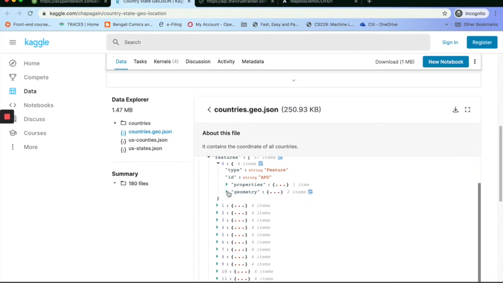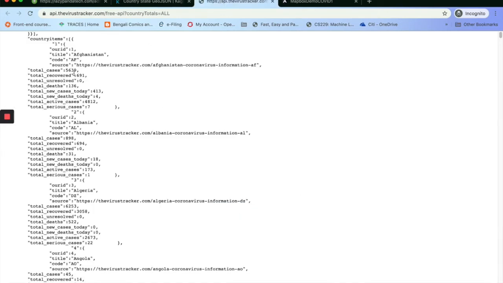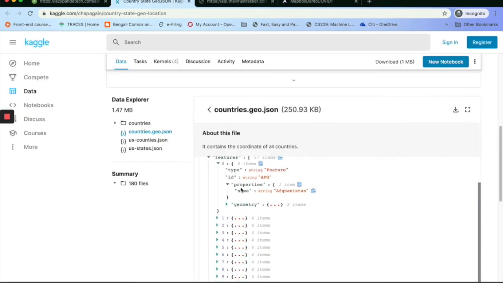So I am just utilizing that JSON file, and under properties right now the only string is the name of the country. So what I am going to do is read all the data using the code, filter it with the code and put these data inside the properties section.